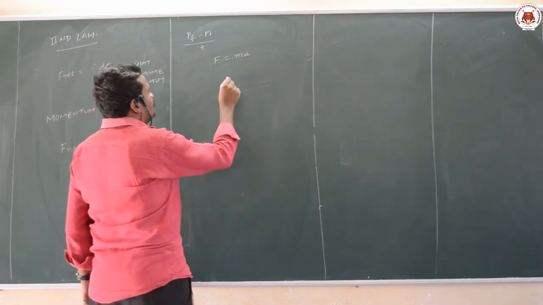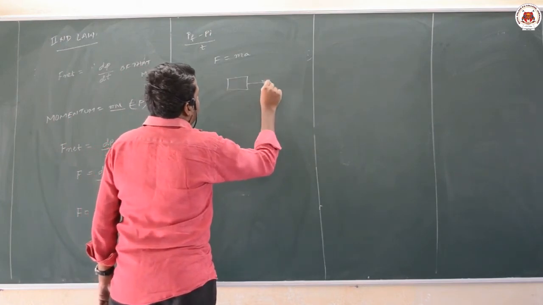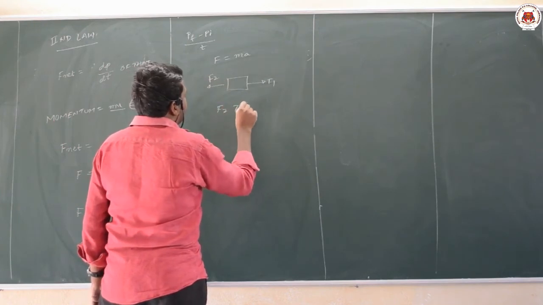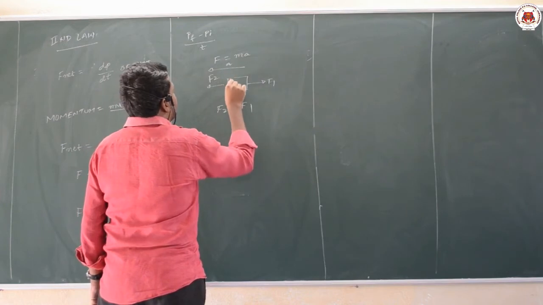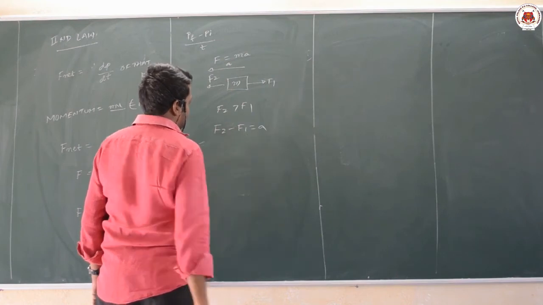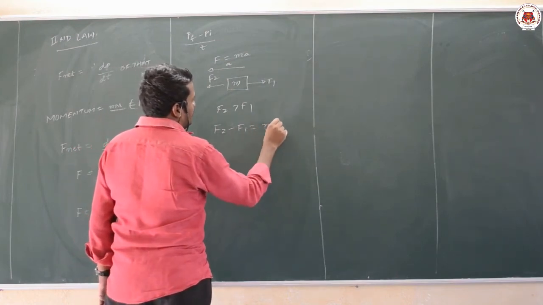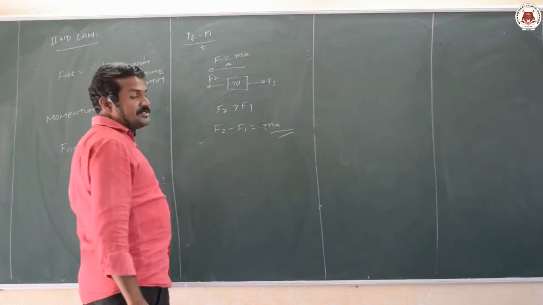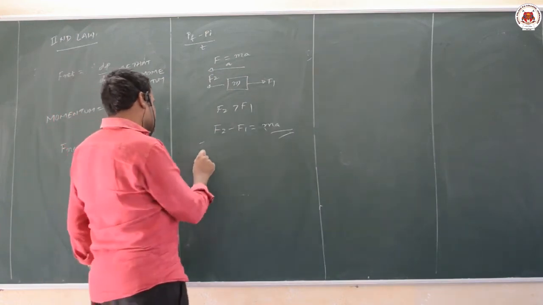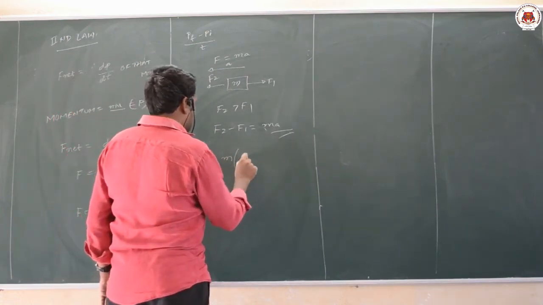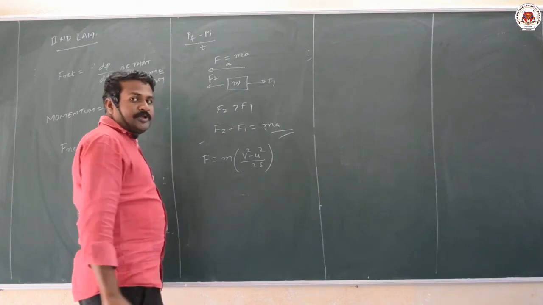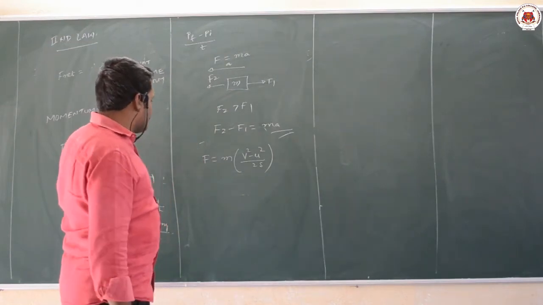That means it indicates that body accelerates in the direction of net force. Suppose a body is pulled by two forces, F1 and F2. Consider F2 is greater than F1, the body moves in this direction with an acceleration a. In that case, you have to write F2 minus F1 is equal to ma. That means body always accelerates in the direction of net force. And one more formula also you can write, F is equal to m into (v square minus u square) by 2s. This is another formula for force. So force is having many formulas.